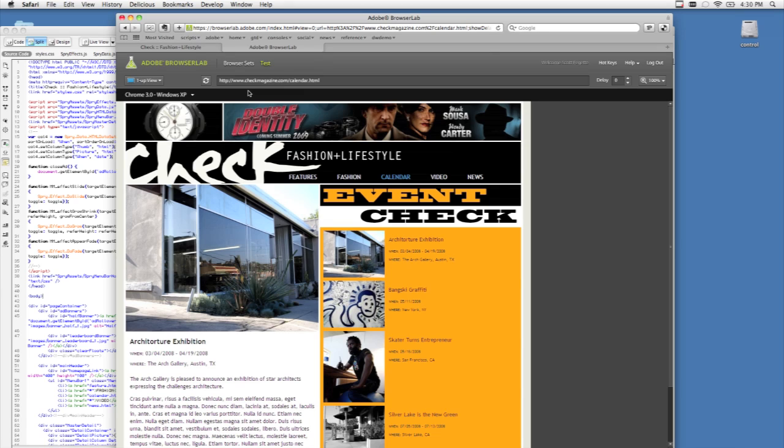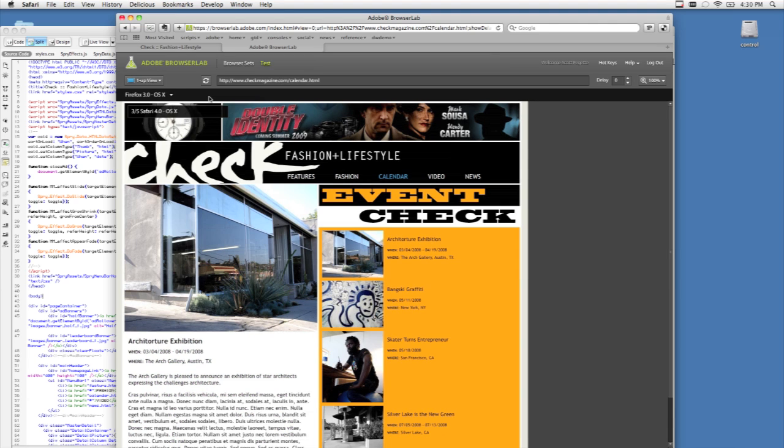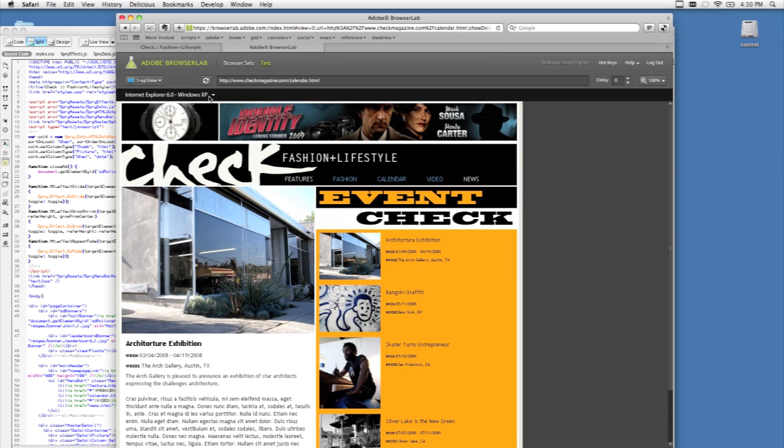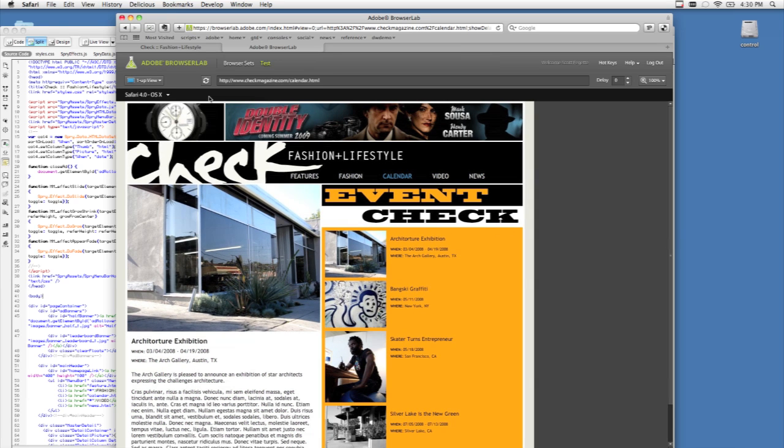Right now we're looking at the one-up view of BrowserLab, and this just simply lets you look at a single browser. Now we tried to make the service as close to real applications in many respects as we could because we wanted it to feel natural to you as well. So key combinations abound throughout the application. The up arrow and down arrow simply let you scroll through the available browsers. In this case we're looking at Chrome 3.0 and XP, but we also have 5 other browsers captured at this point, and I can just use the arrow key to scroll through those other browsers, take a look at those screenshots in isolation, which is kind of nice, but usually the real fun starts when you start